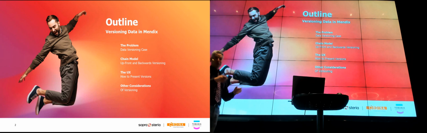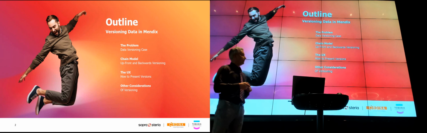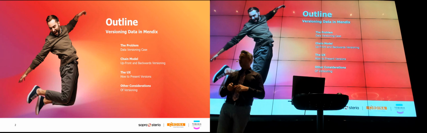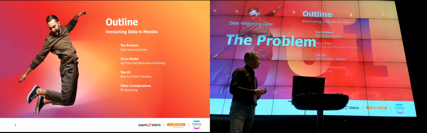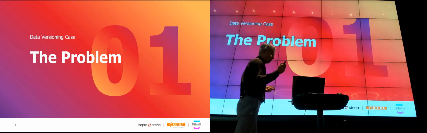So we'll look at 4 main categories. First of all, the problem, then we'll look at the chain model for versioning, a proper UX pattern, and then some other considerations that you have to keep in mind when using this pattern. So the problem,